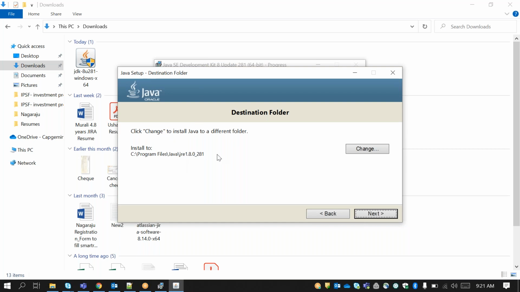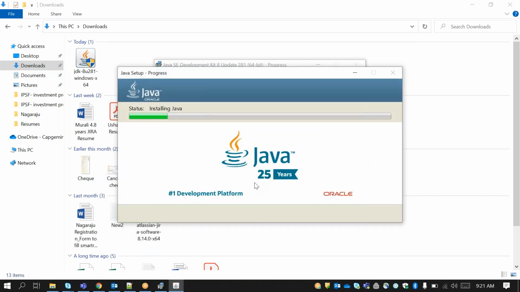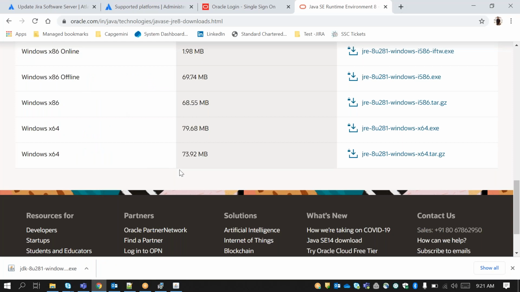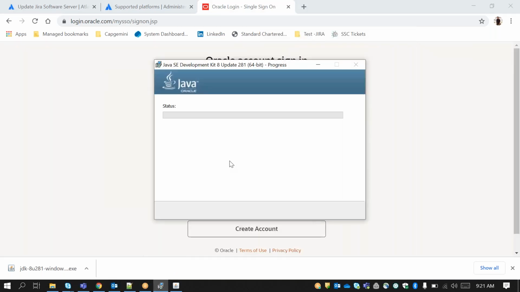So if you want to install JRE as well, click on next here, and the JRE will be installed. This avoids downloading the JRE software again. When you install JDK, the JRE will come. In case the JRE does not come on your system, you have to download the JRE again and install it.